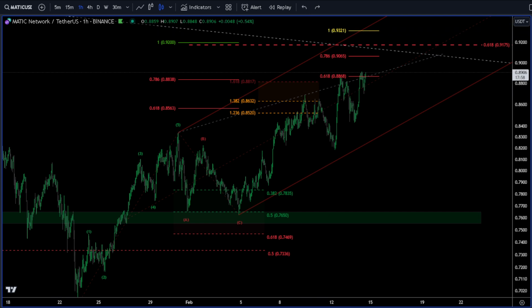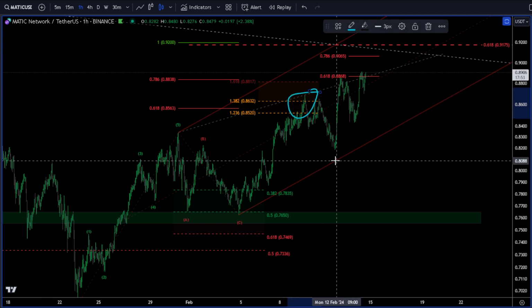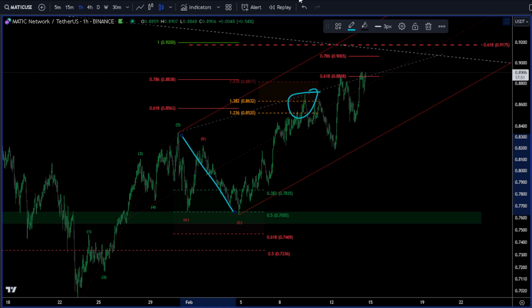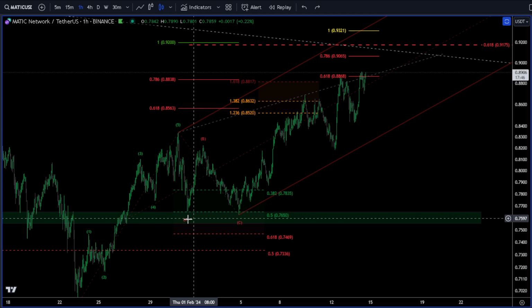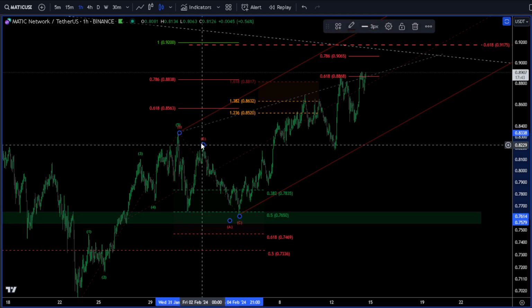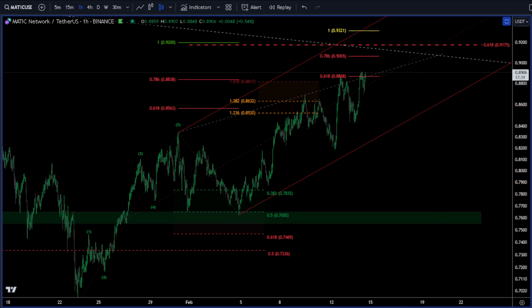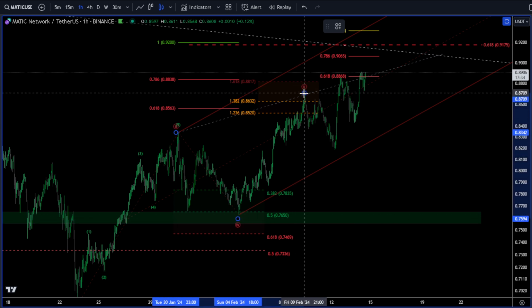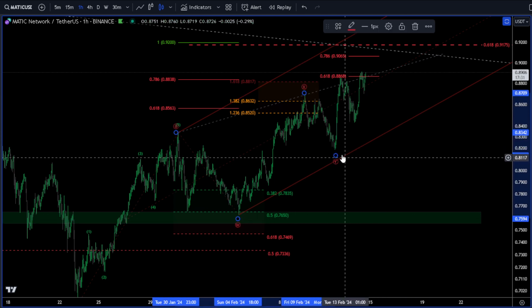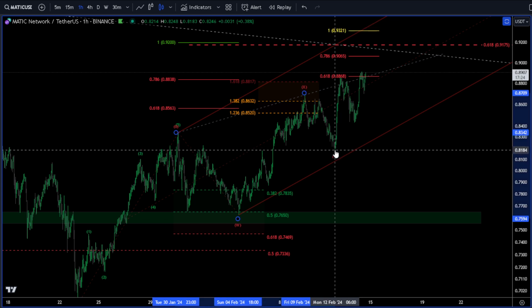The option I actually like better, as you can see, we came between our B and X zone of this wave here. I actually like, if we are super bullish here, is that this is our 3-wave A, most likely WXY. And that's actually where we've completed our correction. And I'll show you why.